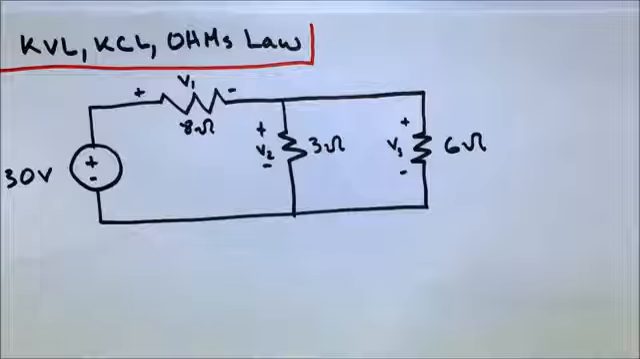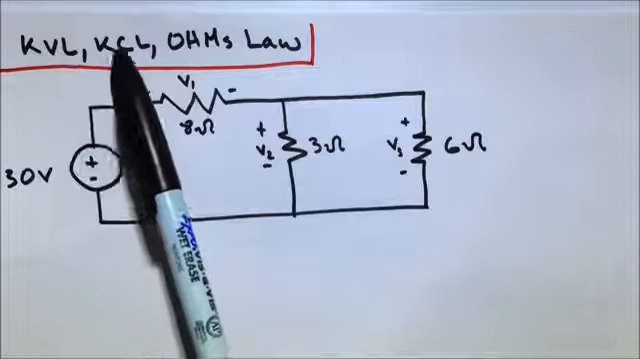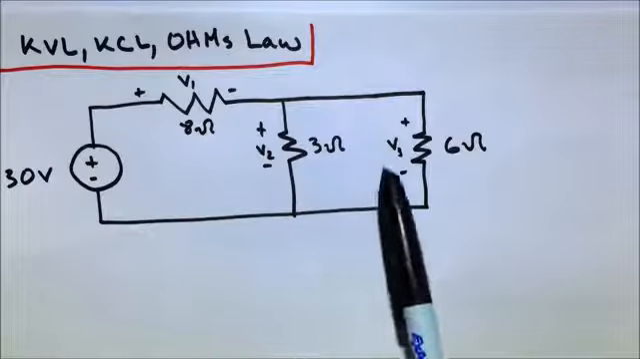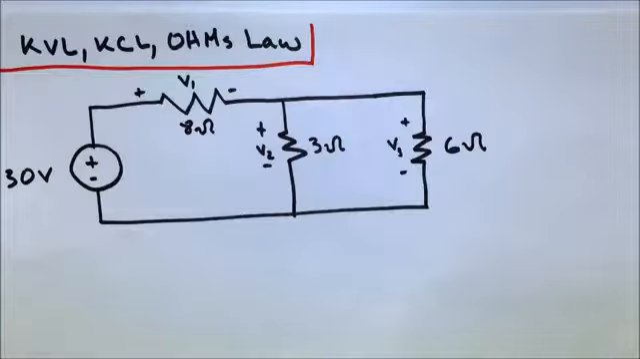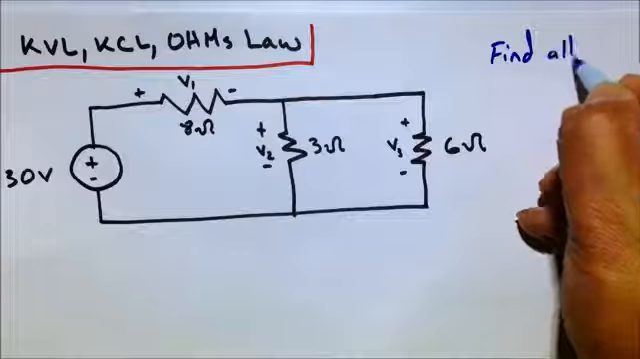Hey gang, so I thought I'd do a little more complicated circuit than I've done in the past, where we get to use all three of those principles: Kirchhoff's voltage law, Kirchhoff's current law, and Ohm's law. So here is our circuit that we're going to try to analyze. And the question I'd like you to try to solve is the following: find all, I repeat, all